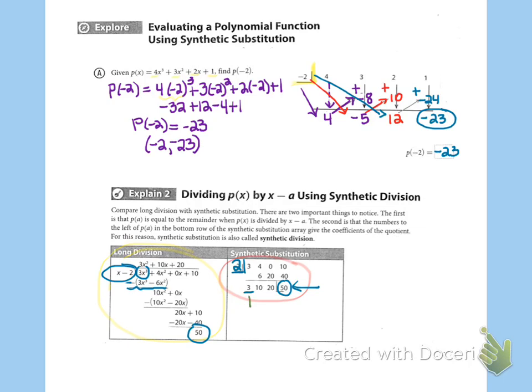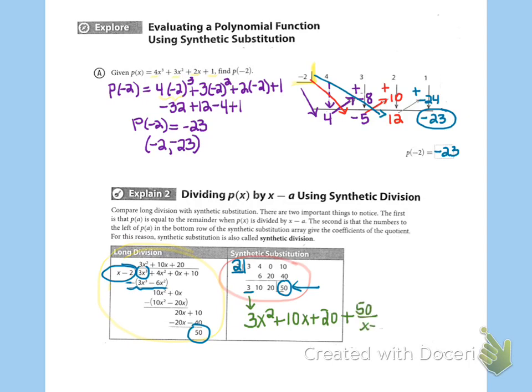Well, that first coefficient is the coefficient of a variable that is 1 degree lower than the original dividend, which was 3x cubed, so this would be 3x squared. And then we go down one term each time. So the next one would be plus 10x, and then plus 20, and then of course that remainder is that 50. So that remainder would be 50